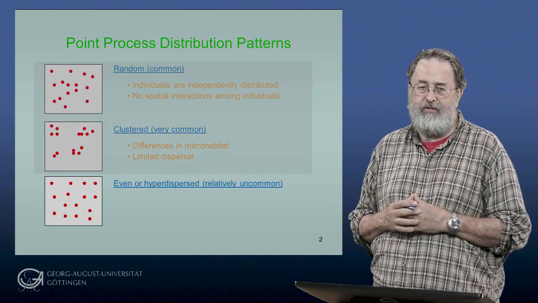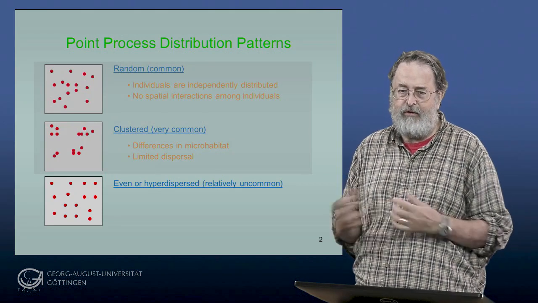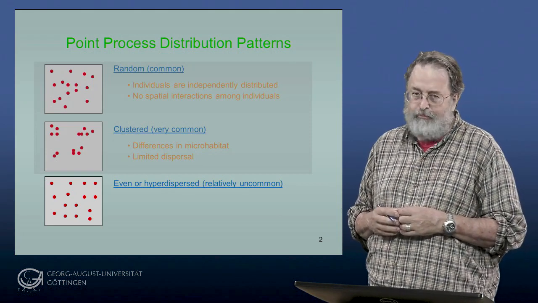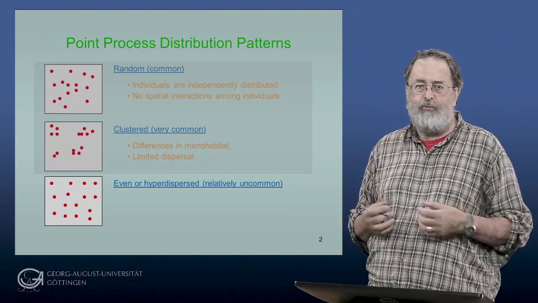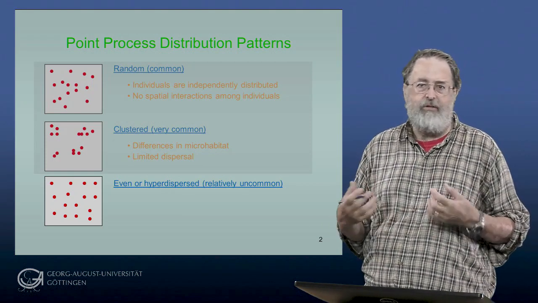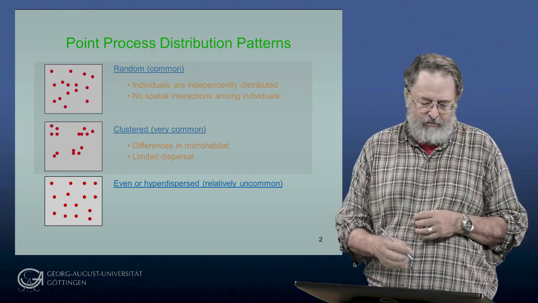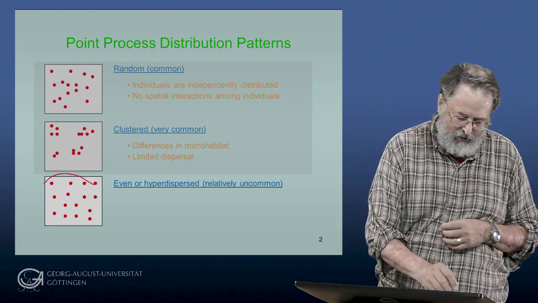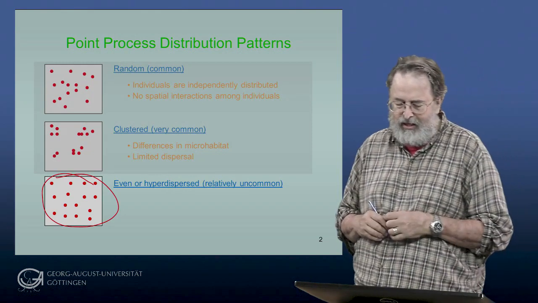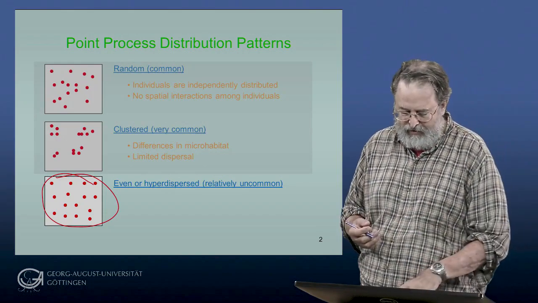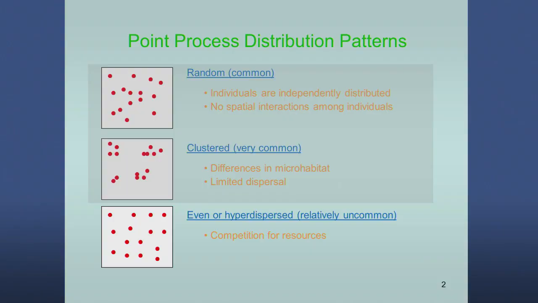The next one is that we have a process that causes what's often referred to as an even distribution. But I prefer actually the term hyperdispersed because this is a more biological kind of concept. Even implies that there's some regularity in the system, and although in this example here we see a rather even distribution, if we think about it in terms of the biology, this could be caused by, in many cases, competition for resources,